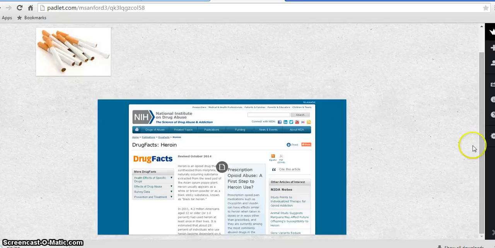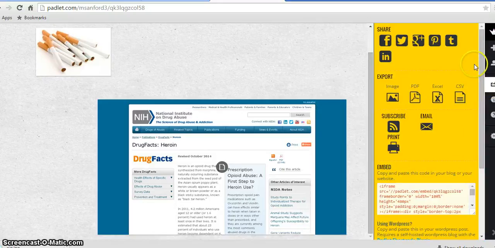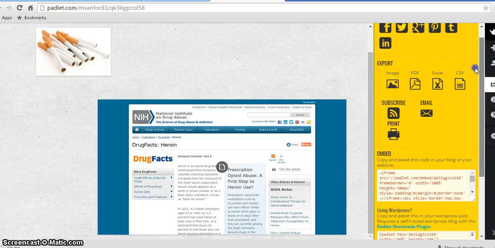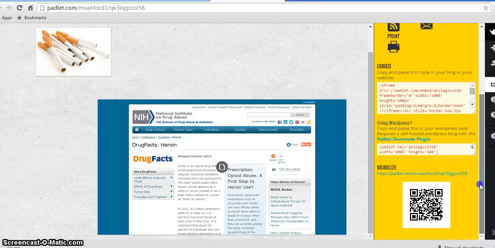And once I have something, I will go to, I know it says share somewhere, right there, share and export. And I can share things on Twitter, on Facebook, show it to your friends. I can download it, make it into a PDF file, print it out, all this stuff is right here. And I can take this link, this is what you're going to do. You will take this link,